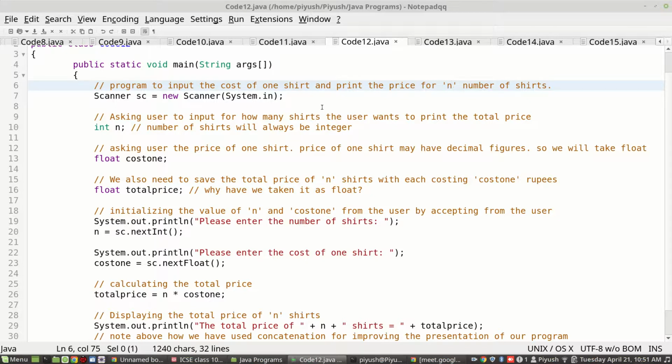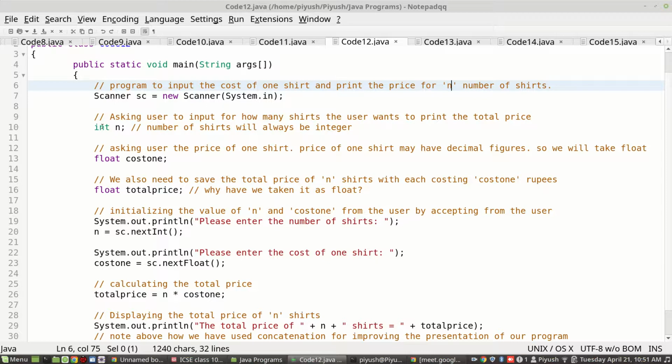So this program will ask for two user inputs. First one is the cost of one shirt and number of shirts. And also you have to print the total price of those many shirts.